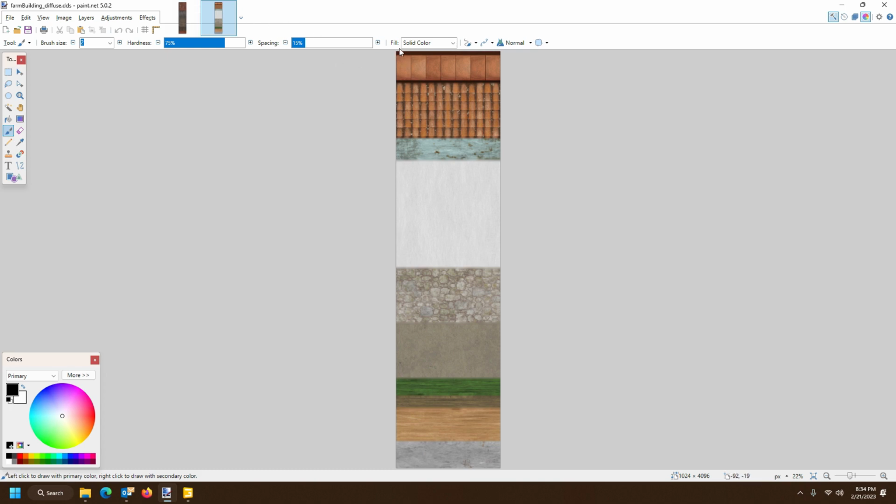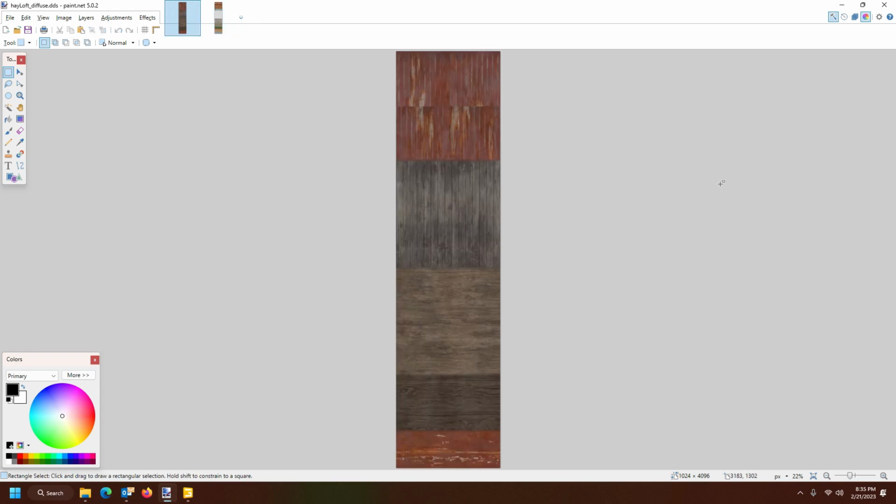So what we're going to do now is grab our little rectangle selection tool, and we're going to copy this area here, and make sure you don't go into that blue, but have sort of everything copied. And all you're going to do, you've just selected it, press Ctrl C, and then go over to this one, press Ctrl V, and there you go. So what we need to do now is then just pull this down a little bit so it covers the red part of that